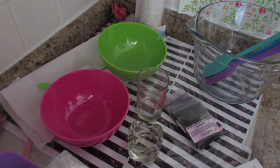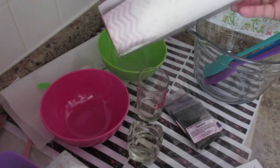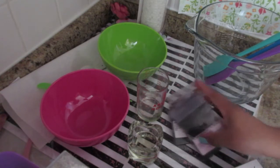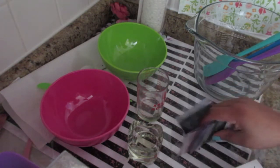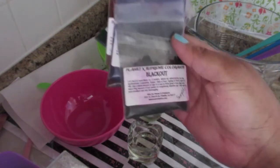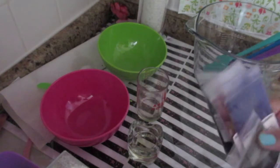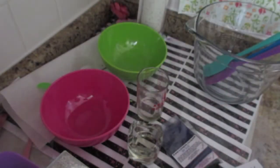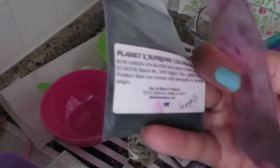Hi guys, okay, today I'm going to be making some cupcake bath bombs, and I'm going to be using some of my dyes from Planet X Production. I'm using blackout, sky blue, and black. I may use black hole, I'm not sure. I think I'll just use blackout, and screaming pink, and